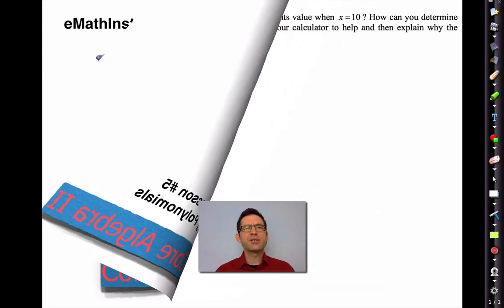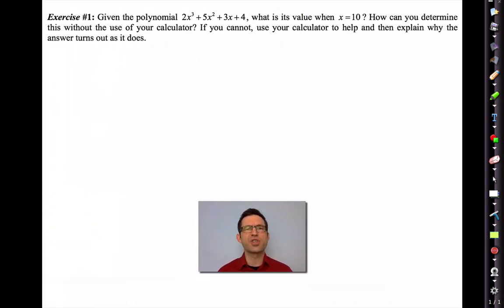Okay, exercise number 1. Given the polynomial 2x cubed plus 5x squared plus 3x plus 4, what is its value when x is 10? How can you determine this without the use of your calculator? If you cannot, use your calculator to help, and then explain why the answer turns out as it does. So polynomials are kind of interesting, and in Algebra 1 you should have looked at this a little bit. But the polynomial 2x cubed plus 5x squared plus 3x plus 4, well, when you put x equals 10 in,